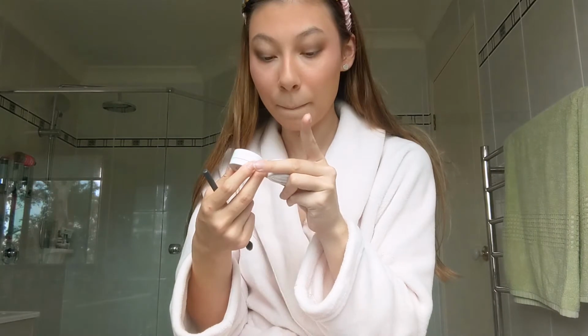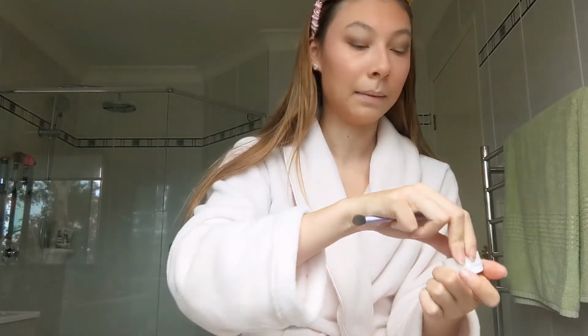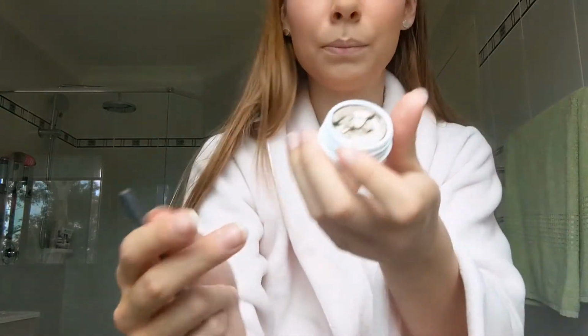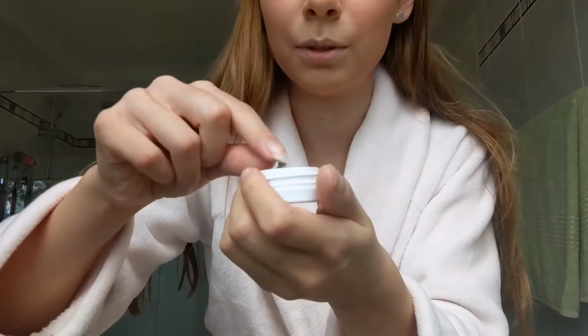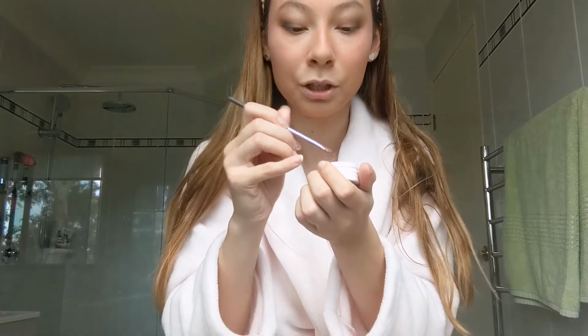Also, I'm going to go in with a pop of color. I think I'm going to go in with this shade here, Fringe. This is from Colourpop as well. And I'm just going to grab a little flat packer brush. Mine's broken, but oh no, I just dropped some product on the bench. Let me put that back in. It's a shimmery, I don't even know how to describe it. You can see the color. It's just a shimmery metallic kind of shade. It's really pretty. And I'm just going to grab it on this little flat packing brush and pop that